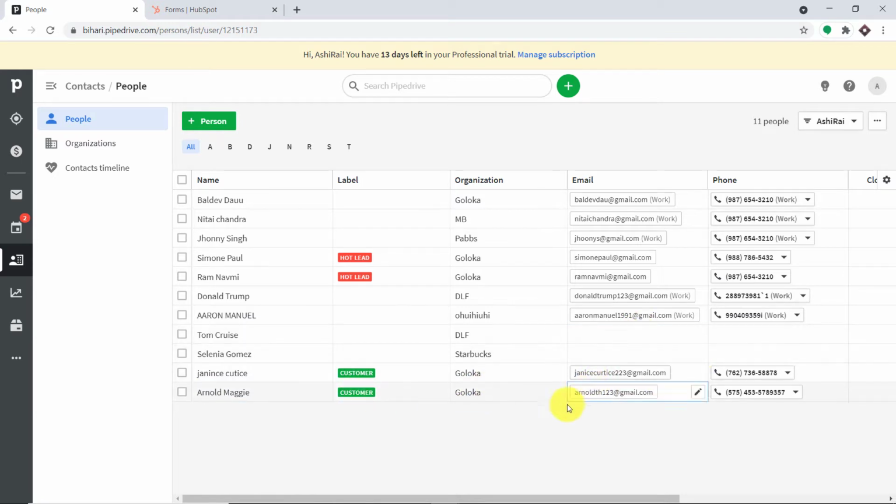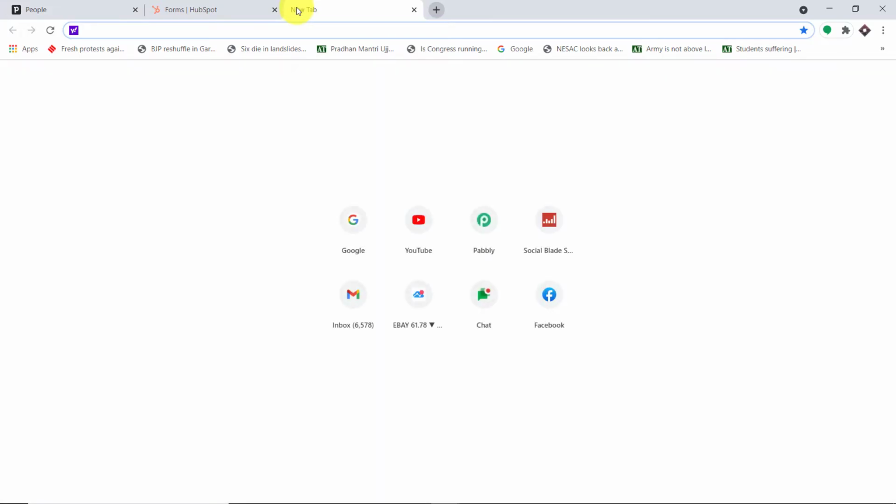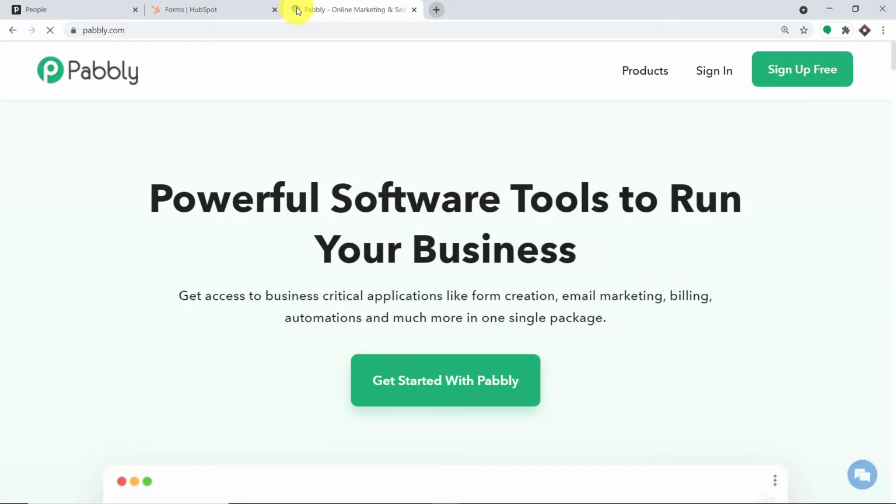So basically the presence of this person shows that we have some kind of integration running between Pipedrive and HubSpot. Now to begin the actual integration process, first of all, in a new tab, let me type pabbly.com. Your obvious question is, why pabbly.com? Well, we have an app called Pabbly Connect that will integrate Pipedrive and HubSpot.